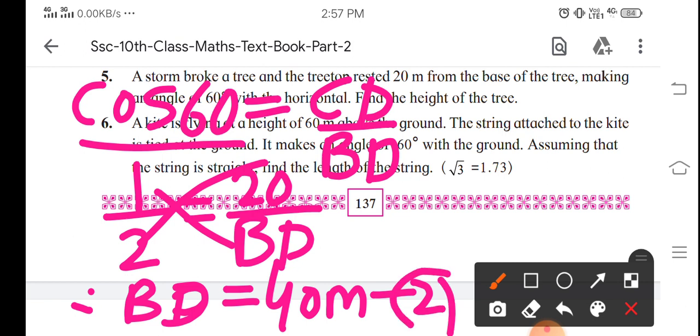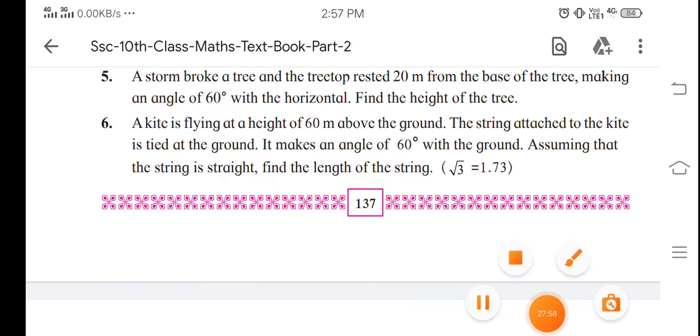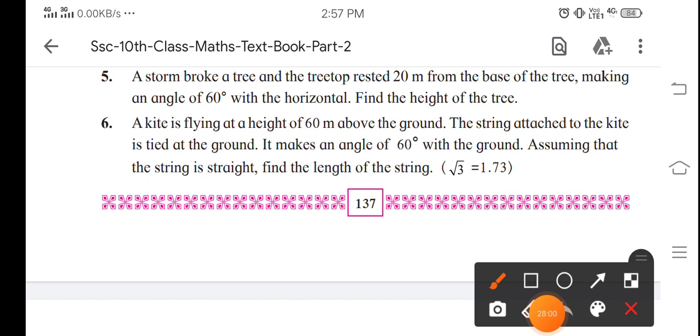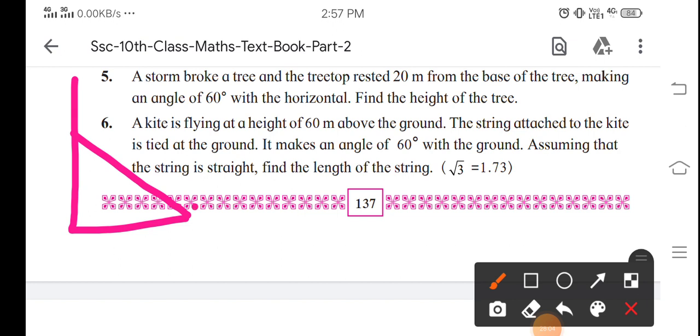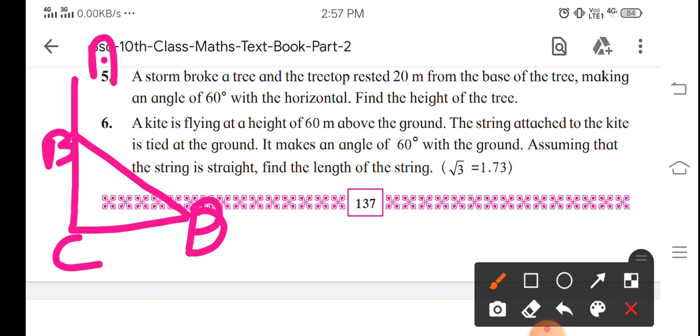Now from equation number 1 and 2, I'm just drawing the diagram again. See, the diagram is just like, right, ऐसा था हमारा diagram. Suppose this is D, this is C, this is D. Okay, not D, B and A, right? So from the diagram, can you see here, this is our broken part which is just rested at this position.